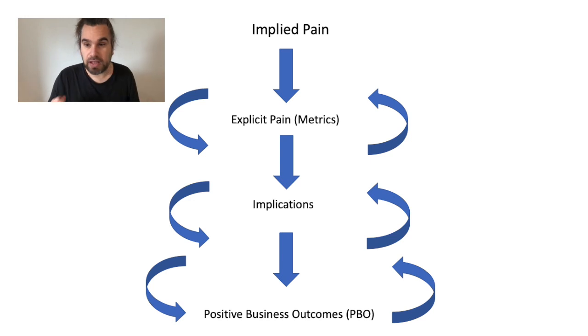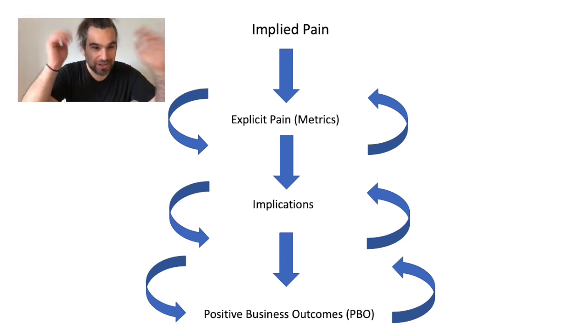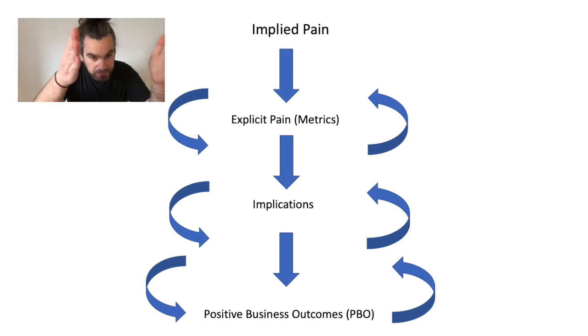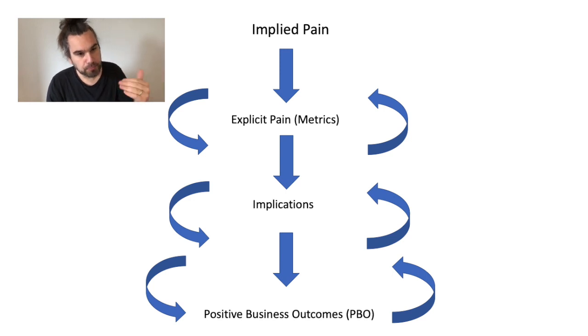Great. So what we've done there, roleplay finished, is that we've started with an implied pain, which was it's taking us a bit too much time. And we've taken that customer on a journey by going down the funnel and using those tools to learn about their targets, the implication of those targets, the positive business outcomes if they get them right. And we've pre-closed on that now. So now we know what we're aiming towards.